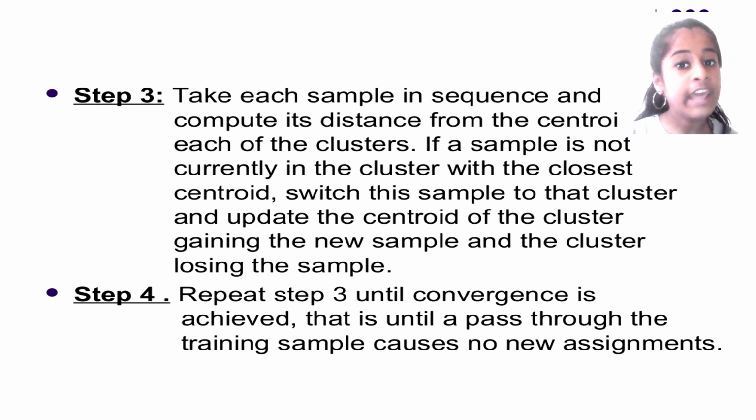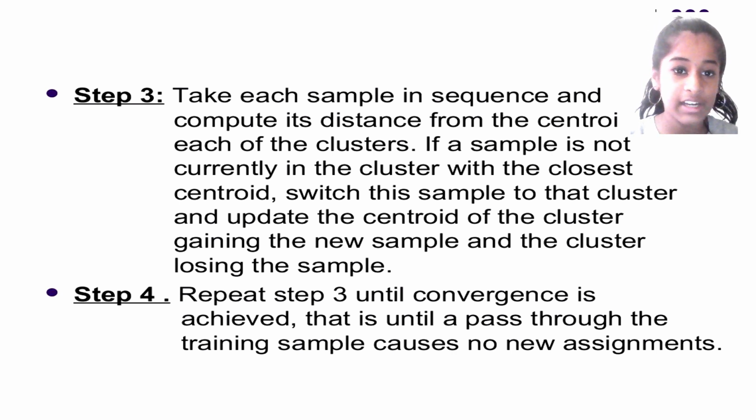And after this, we take each sample in sequence and compute its distance. So we're going to subtract the sum of the squares of distances by the centroid of each cluster. If the sample is not currently in the cluster with the closest centroid, switch this sample to that cluster and update the centroid. So here, if you say if